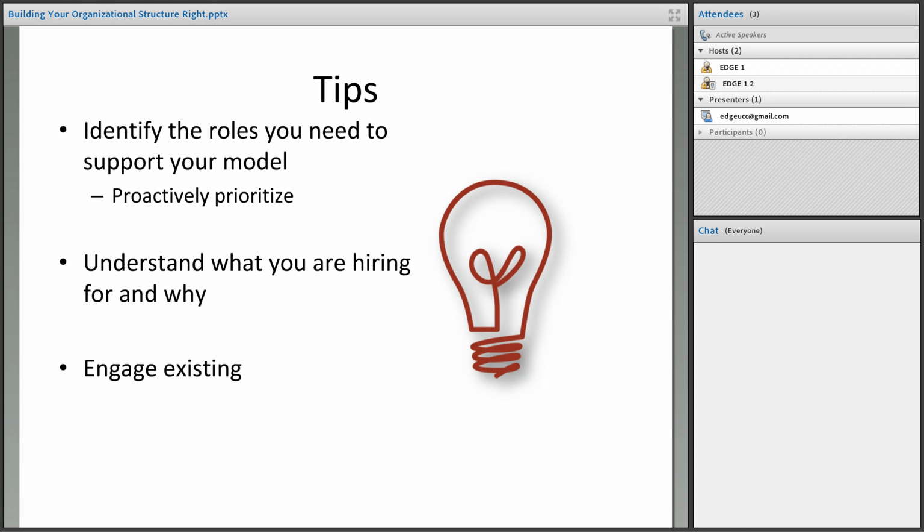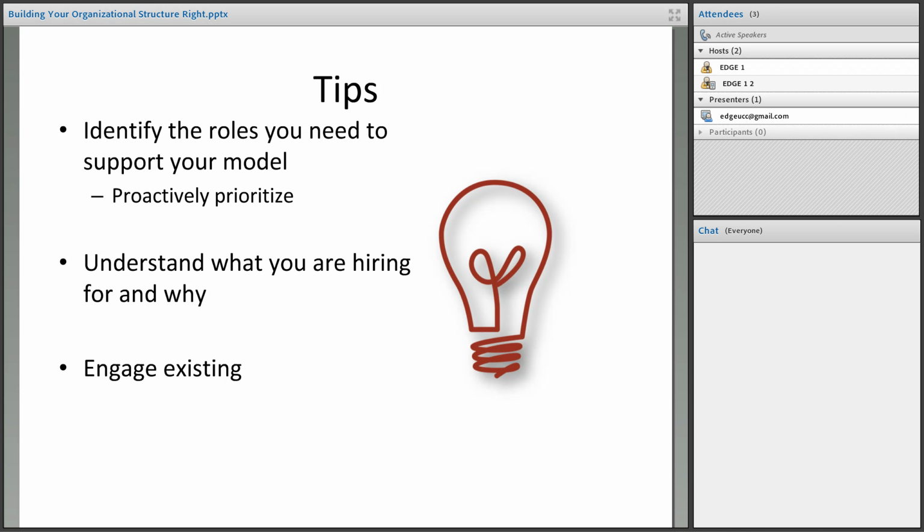So understand what you are hiring for and why, being really clear about what the role is. And by the way, I always say to the clients that I work with, you don't create a role for a person, you create the role for what your organization needs, and then you find the person to fill it. Okay, so make sure you understand what role you're hiring for, what responsibilities you're hiring for, and why you need it. Like, what would happen if we don't hire this role? That question that I had mentioned a little while ago is one of the things that you should be asking.